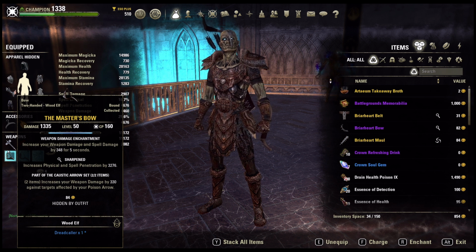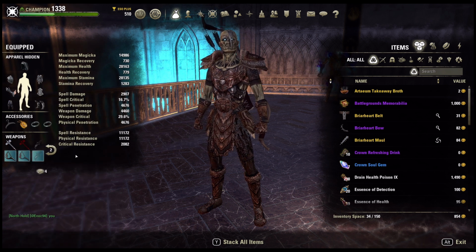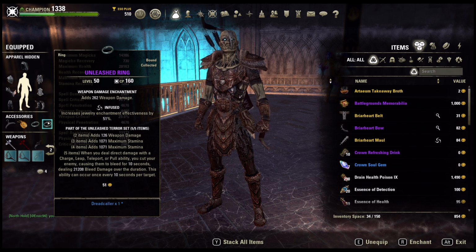So because we're running the two arena weapons, we're not able to fit a mythic item on this build, and so what we went with is the very first set is going to be Unleashed Terror. Unleashed Terror is a dungeon set. You can get that. It'll take a considerable amount of farming probably, but at the dungeon, I can't think of the dungeon right now, Castle Thorn I believe it's called. Yeah. So anyways, Unleashed Terror, 2-piece is going to be weapon damage, 3 pieces max stamina, 4 pieces max stamina,